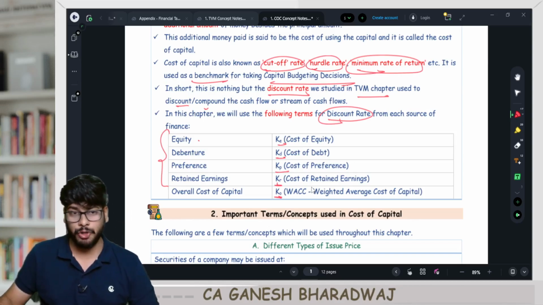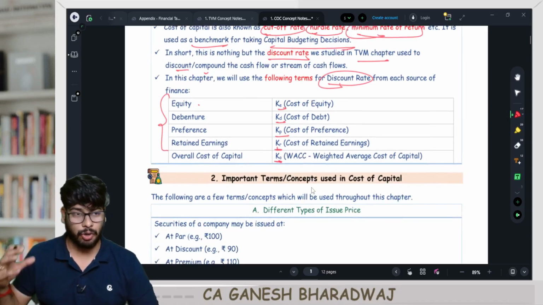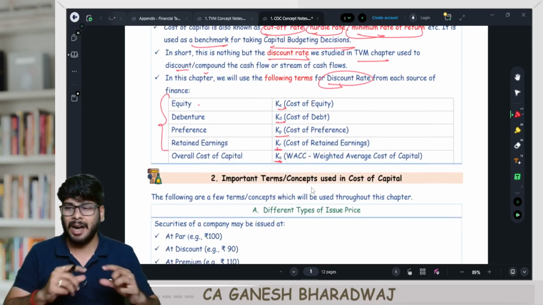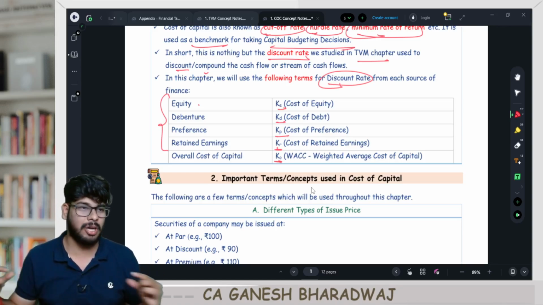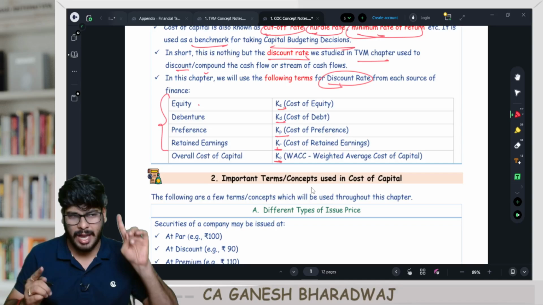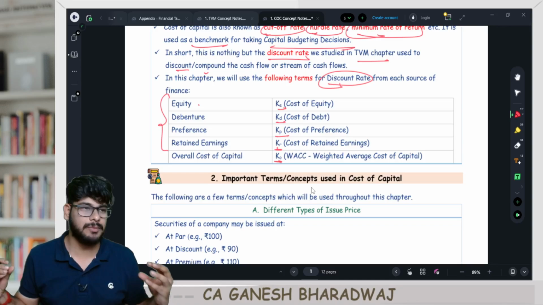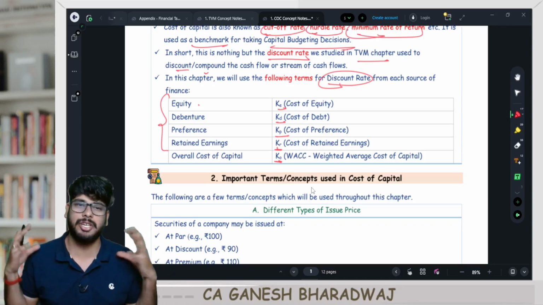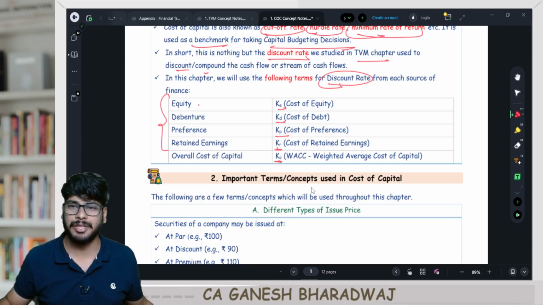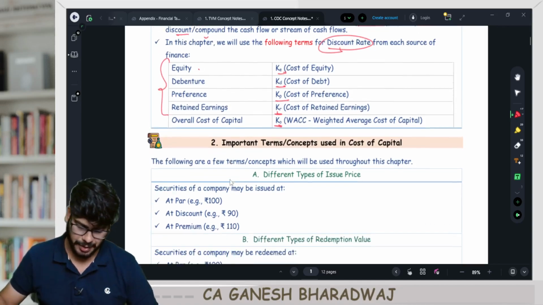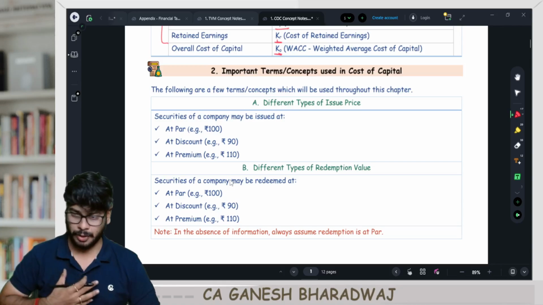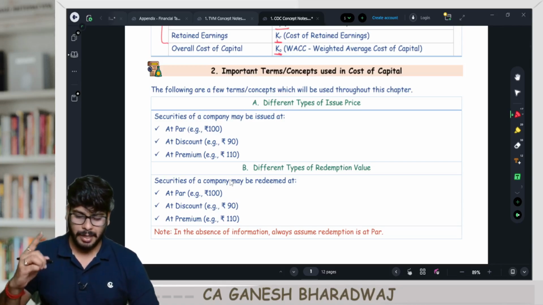Now, before you enter into the core of cost of capital, there are certain important terms or concepts that you need to understand. So every chapter before we start, I have this segment called important terms or concepts used in this particular chapter. Similarly, we'll be doing it for this chapter as well. Shall we get started, guys? Now, number one,